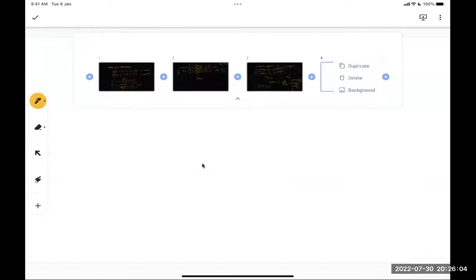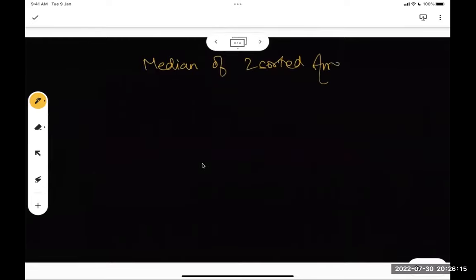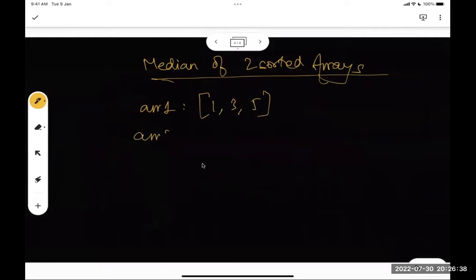Now let's start. Okay, let's start. So the way we will solve this is, firstly, what does median of two sorted arrays mean? First let's understand the question. If you have array 1, 3, 5, and if you have array 2, which is 2, 4, 6, then